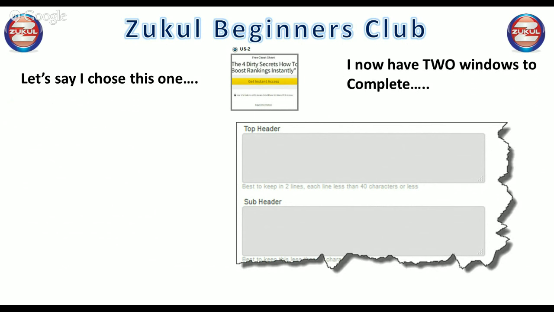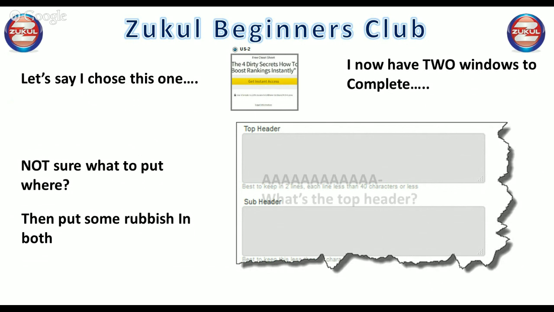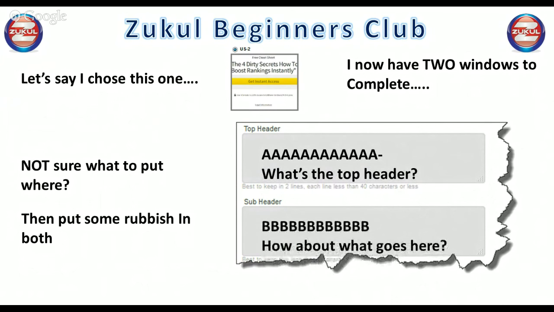And the joy of being in control is you can put what the heck you like. So if you're not sure what to put where, then put some rubbish in both of them. As I said, again, A's, what's the top header? B's, how about what goes here? Or you've got another little narrow strip of a box. C's, what goes here? So that when you save it, you can see it.